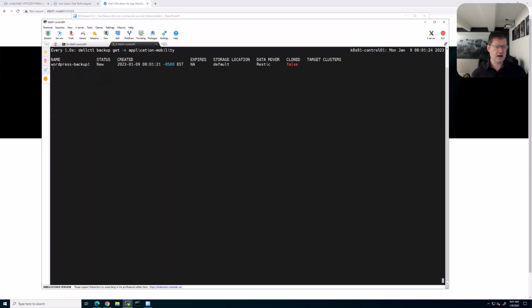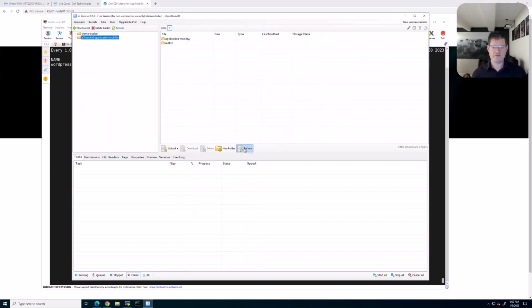Now I can see here that it actually landed. The status is new, so it's preparing the backup. And in a few seconds, it will go to in progress, meaning that the backup is being made. That's what we can see here. And now we just need to give it a few seconds for the backup to be completed. As you can see, the backup is now complete, which basically means that all of the stuff should be within